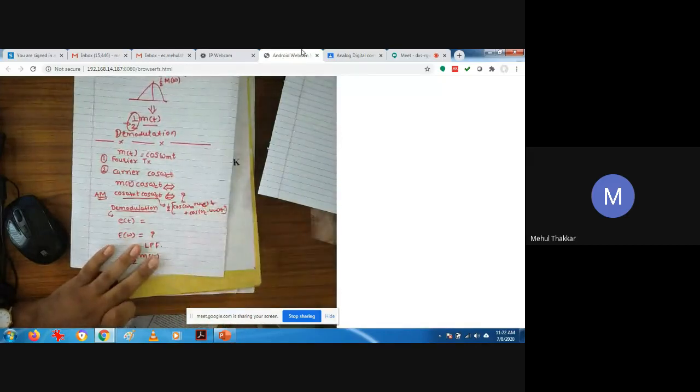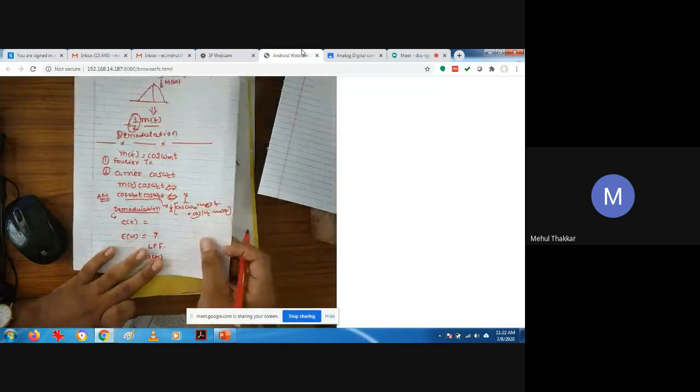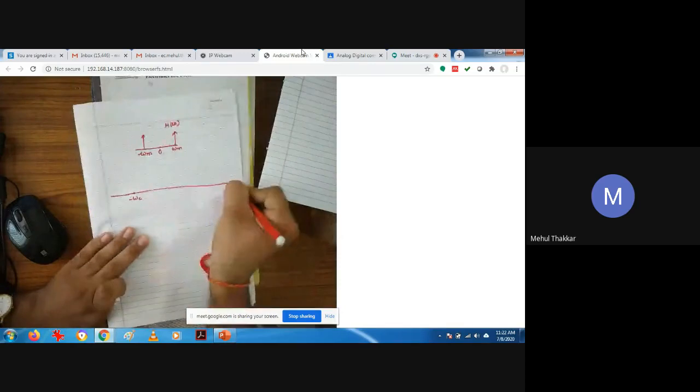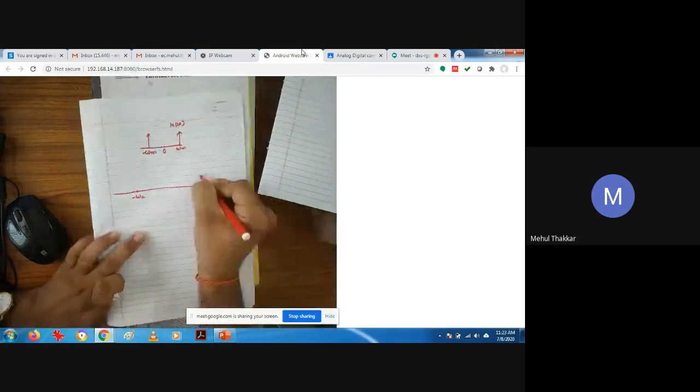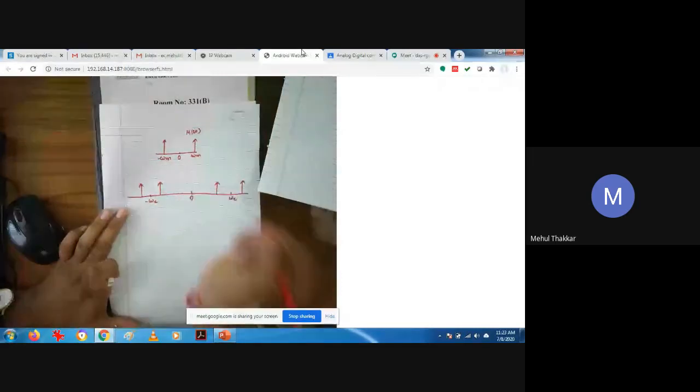Now if I draw the Fourier spectra of this AM wave, this spectra is of one cos. This spectra will be shifted to minus omega c, as I have explained earlier, and this spectra will be shifted to plus omega c. So the spectra will shift on both sides. The two impulses which were there originally for m of omega will now be available at minus omega c and plus omega c.